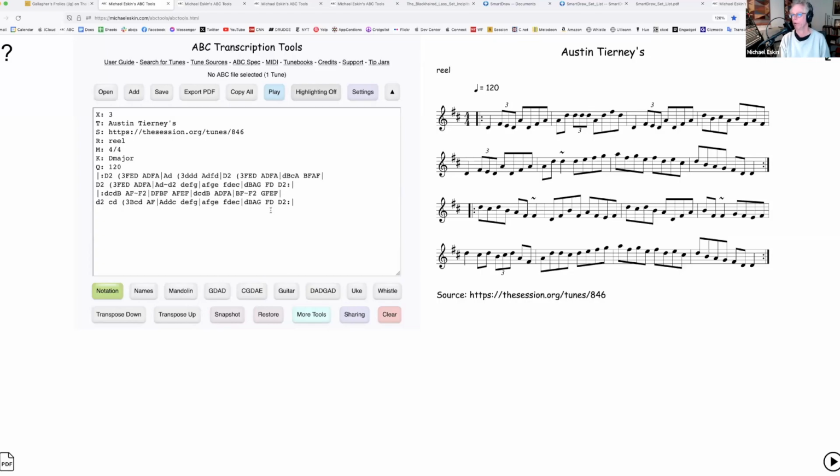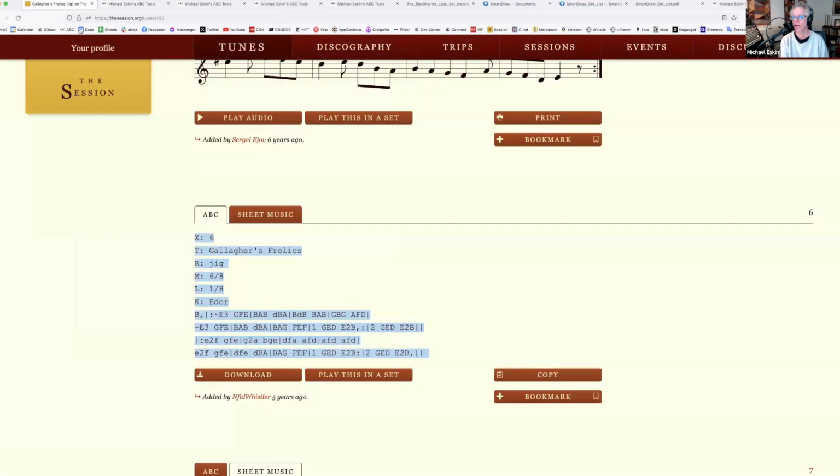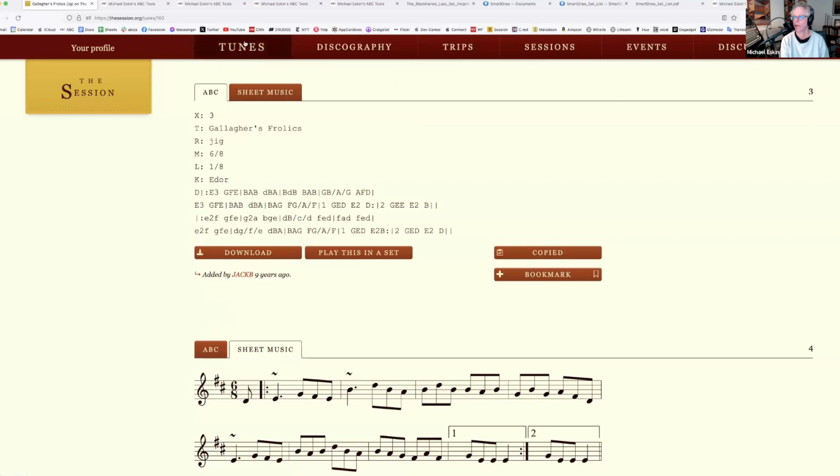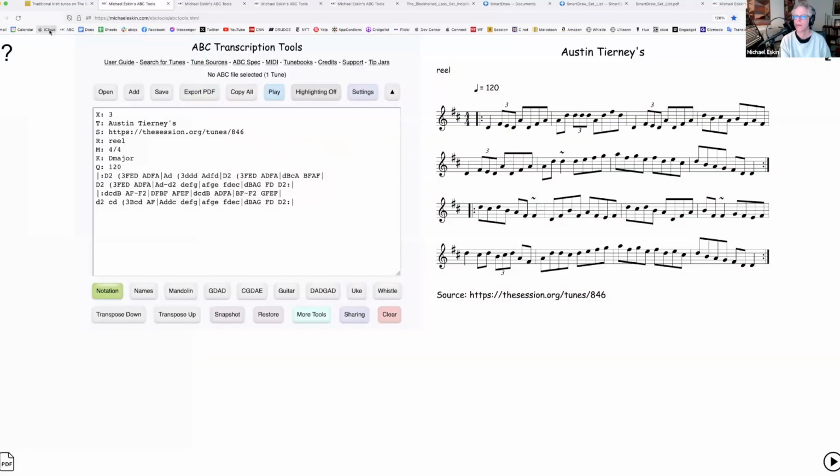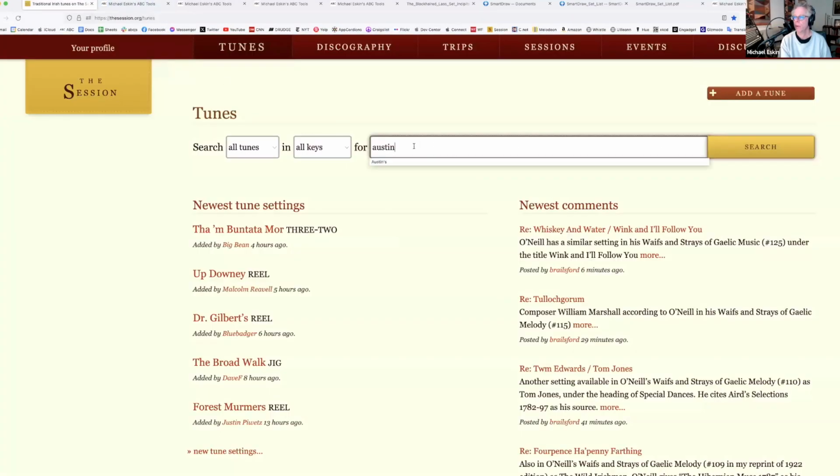It was just a matter of knowing how to find a tune. I mean, you could have found it on thesession.org. That's the other way to work. Since I'm used to that, what would happen if I did that? I would just look for a tune as usual. Yeah, exactly the same thing. So if we wanted to do it from thesession.org,